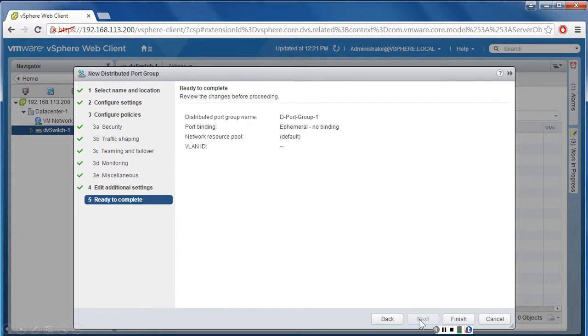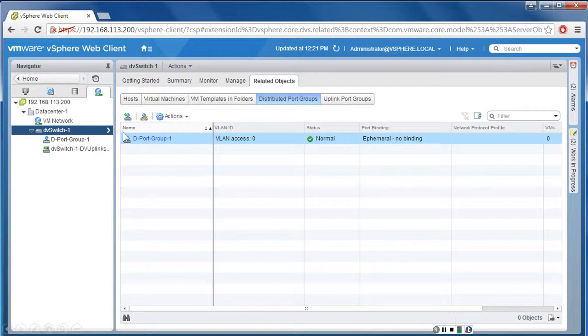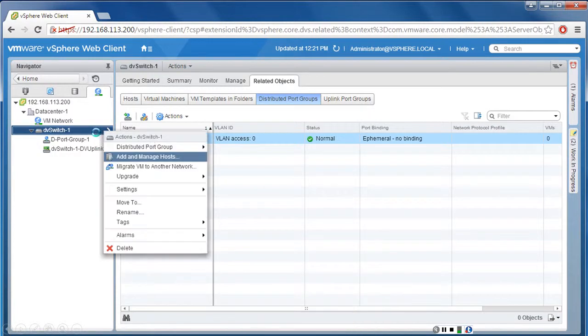We click on Next. We click on Finish. And now you can see we have created a new distributed port group, which is associated with that distributed virtual switch. And the next thing to do is to add ESXi hosts. So let's do it. I go to the distributed virtual switch and I right click and I select Add and